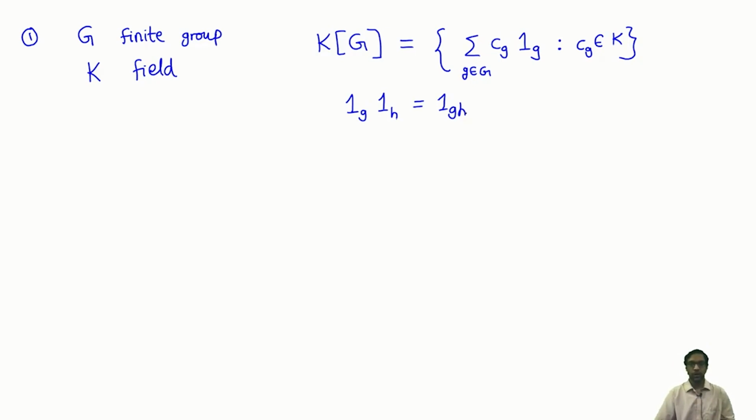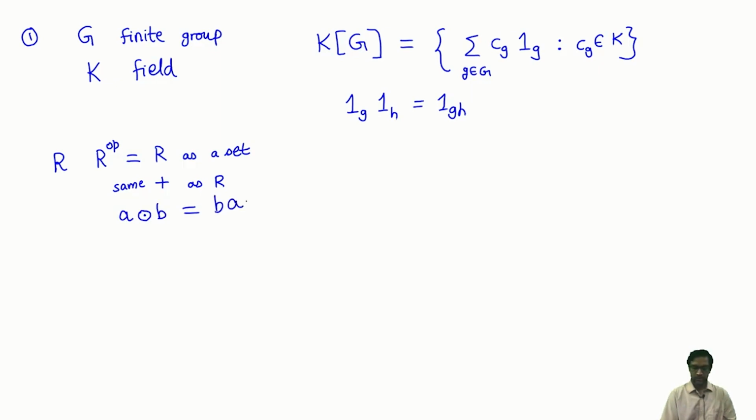So recall this whole business of opposites. So recall what the opposite of a ring was. So if I have a ring R, not necessarily commutative, then R op is a new ring. Well, what is it? Well, it is firstly R as a set. In fact, it's R as an abelian group as well, the same plus. So I'll say same plus as R, but the multiplication alone is the opposite. In other words, the new multiplication A into B in R op is just defined as the product B into A in R.